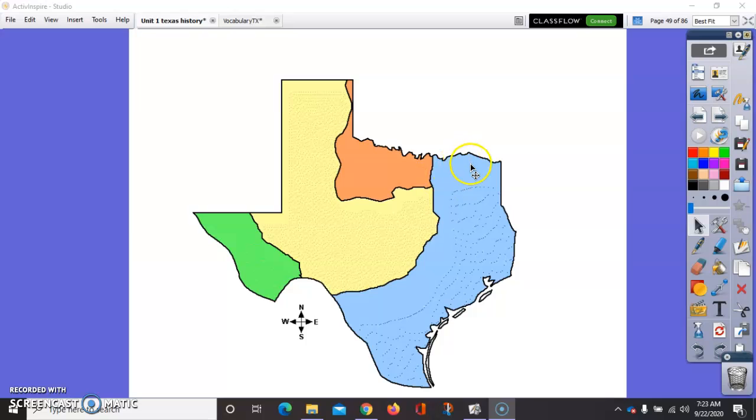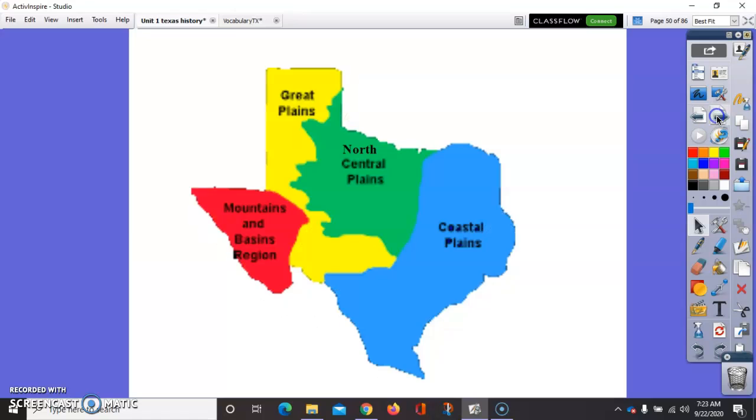And then finally, the largest of the regions in Texas, the one with the largest population as well. These are known as the coastal plains. That is correct. Okay. So, as we look at these, I want you to make some predictions in your head or out loud about things like housing, clothes,